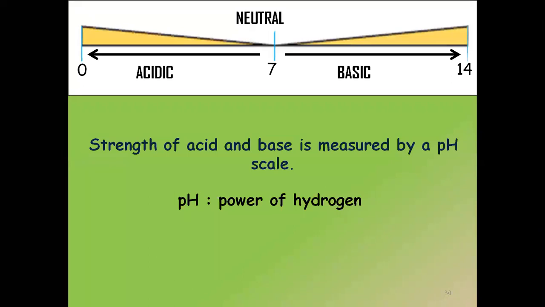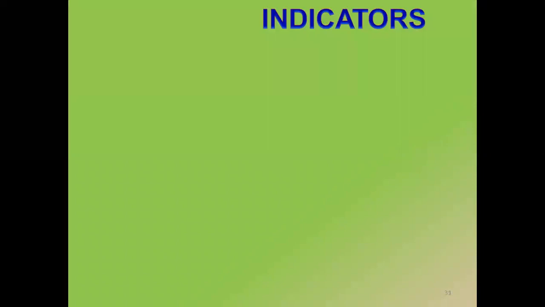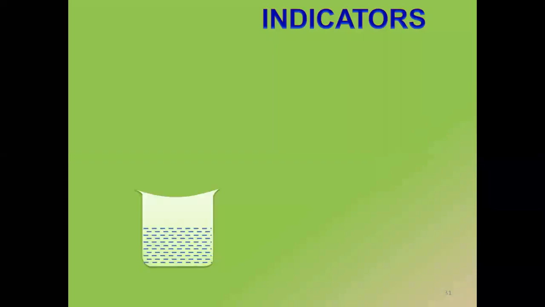As we were discussing, this is the pH scale, which is helping us understanding the strength of acid and base. But we have something called as indicators, which are going to tell me whether the solution is acid or base. If I want to identify if my substance is acid or base, I'm going to make use of indicator. Like I think this I have shown you in the previous slide as well. We make use of litmus paper.